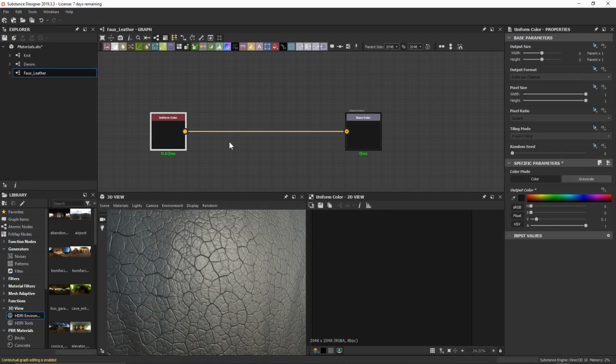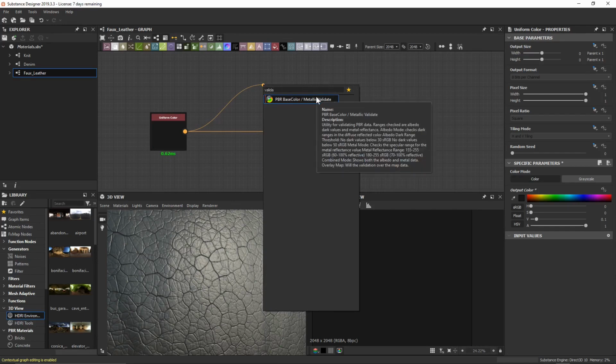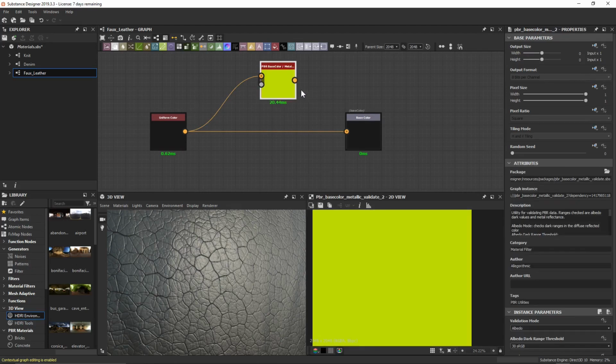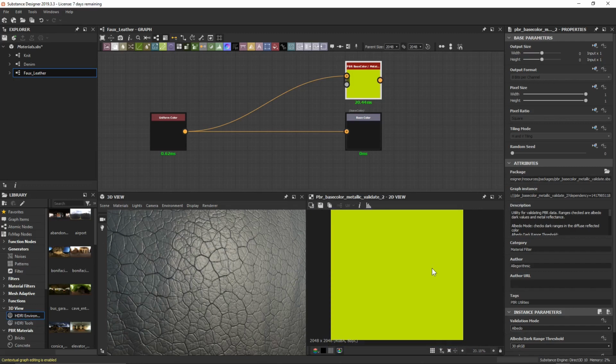Now I want to add one particular node, which is going to help us out here. So I'll drag this out and start to type in validate. And I'm going to want to use this PBR base color metallic validate node. And so we can see that it's going to plug our base color right into the base color socket. And we're going to get this kind of yellowish off-green color. And so what is this node doing for us? Well, we're not going to be using it in the actual material itself, but it's going to help validate and verify for us the colors that we're actually using in our base color and whether they are PBR